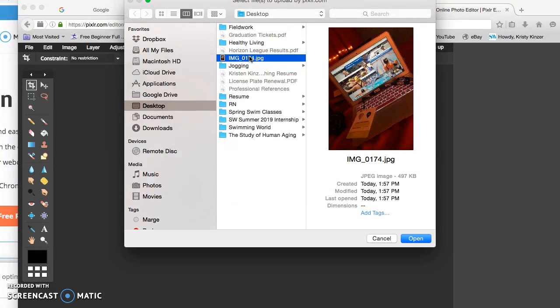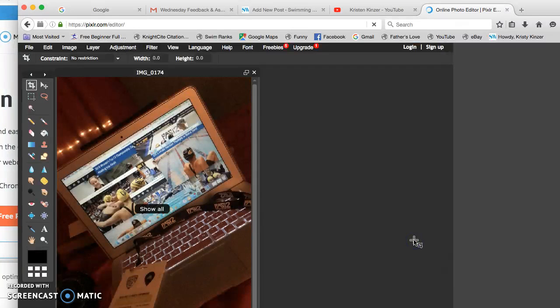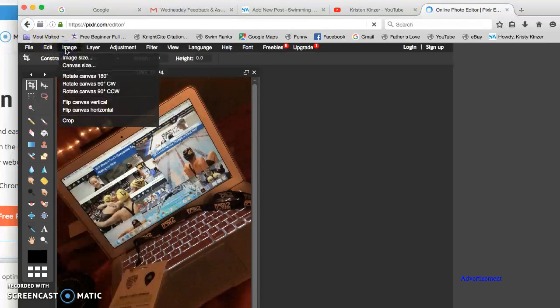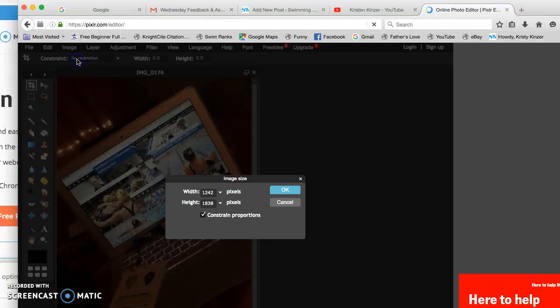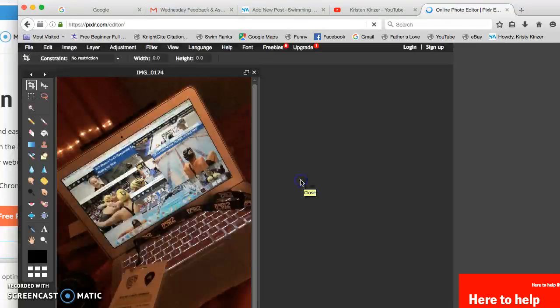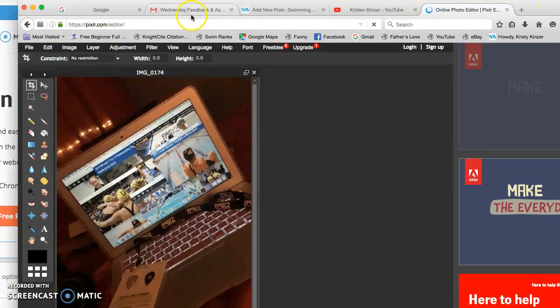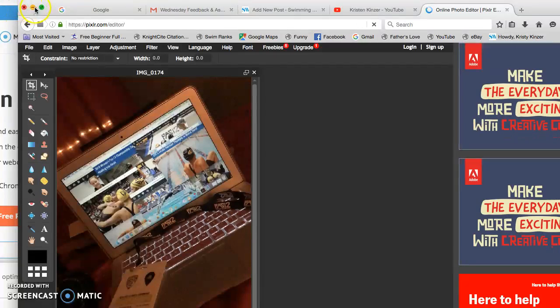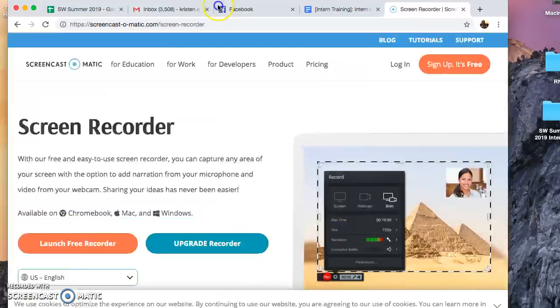And let's say I want to make this vertical photo into a horizontal photo or something. You can always change the size, cut off the photo, image size, you can see height and width, stuff like that. So that's just to show you how to use the Pixlr editor for how you want it, but you don't have to use that if your photo is exactly how you want it. So if you'll notice, looking at my home screen,